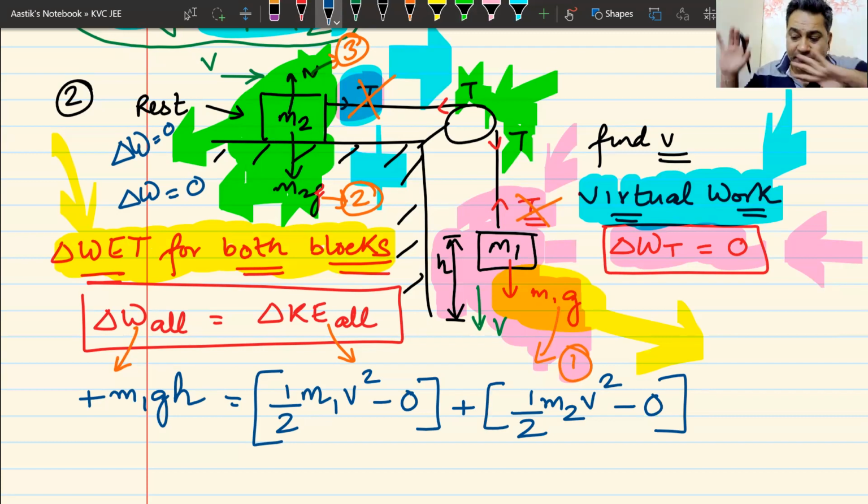Whatever I have done, whatever I have drawn, that is just a part of the diagram. And you should be able to draw this diagram in your head. So this entire question now becomes a question which can be done in one statement, one line. Now, if I go back and tell you how we have done it previously, obviously that is also correct. Nothing wrong with it. That is also the correct method.